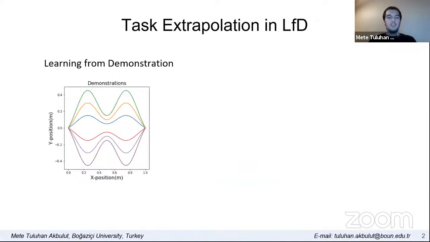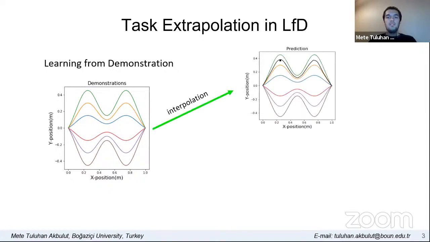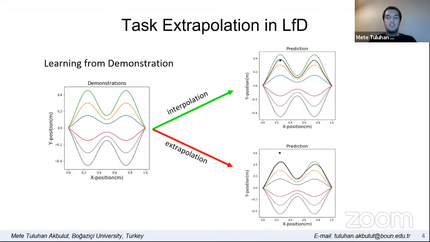Learning from demonstration is a widely used method to teach robots dexterous skill. However, the performance of the robots depends on the demonstration distribution. Let's assume that 6 demonstrations are given to an LFD model. After training with these demonstrations, when the model is requested with the black dot to perform the skill within the demonstration range, it can generate the required black trajectory. However, if the required trajectory should follow a path outside the demonstration range, task requirements may not be satisfied and further adaptation is required.